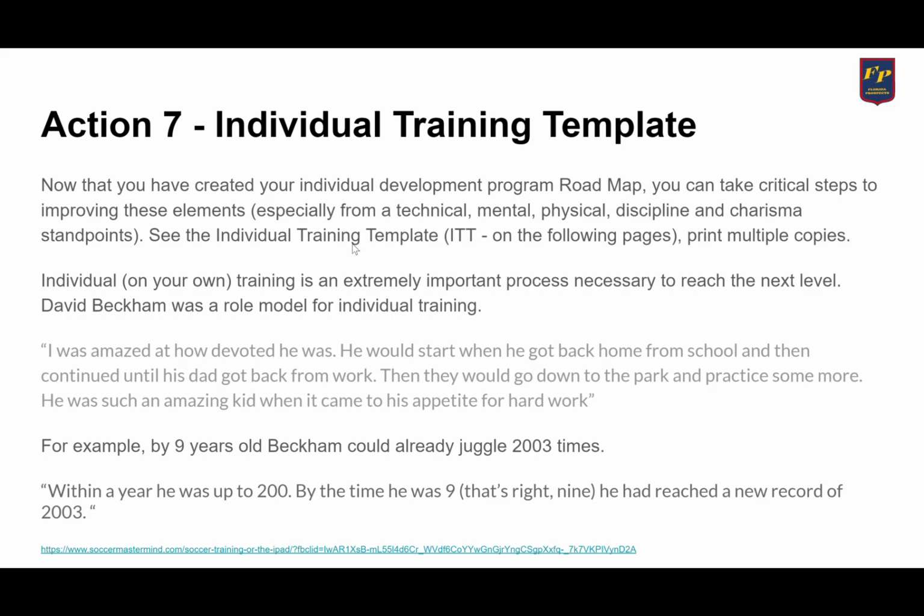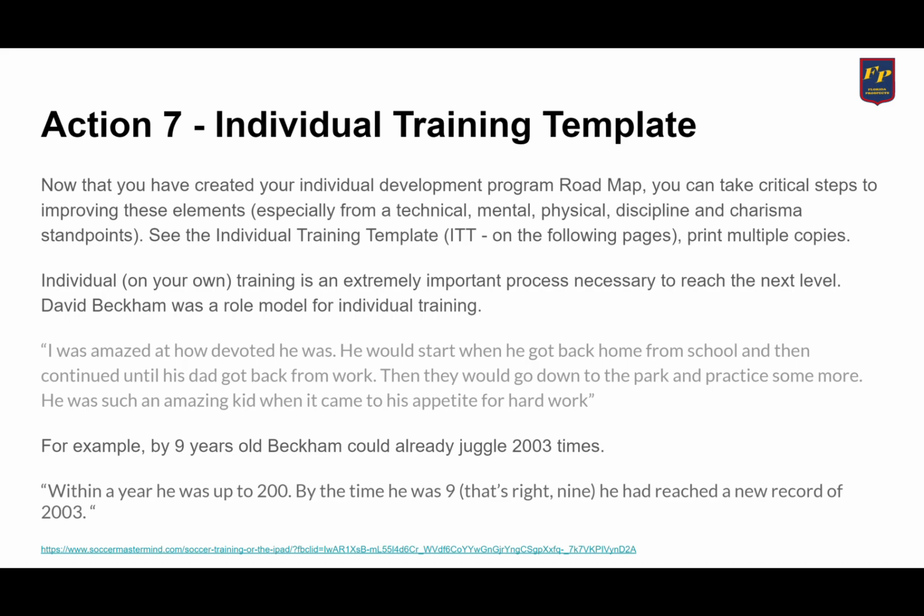You have an area of a weapon and you have an area of a weakness. So now we know where you're strong and where you're not so strong, and how we can start developing those things through the improvement areas, right? That means you can go out and spend time training on your own, especially if it's technical, or maybe tactical elements that you can work on. So what you're going to see in the following pages are some templates for you to take for yourself when you're going to go train on your own.